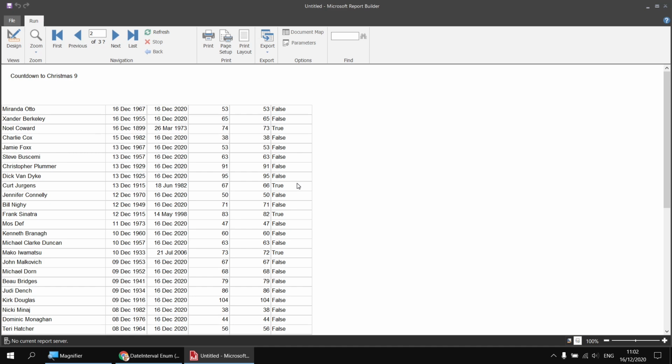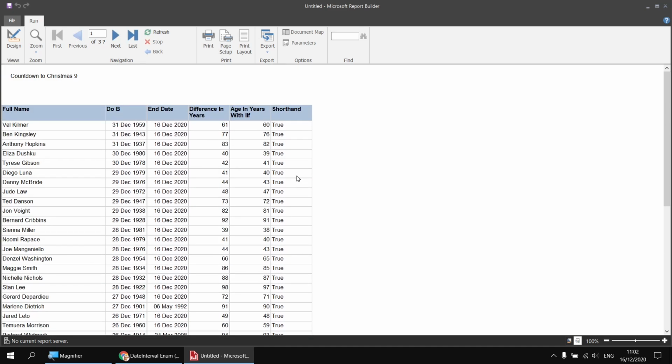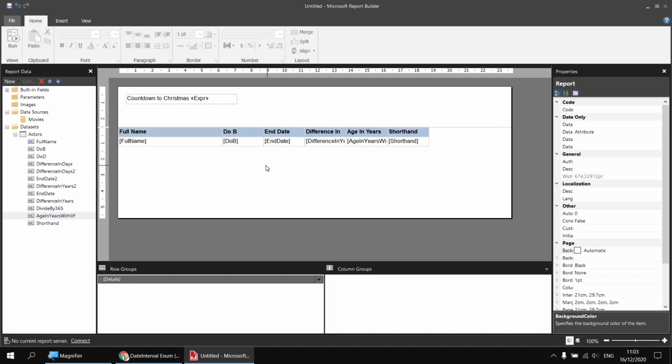So why is that useful? Well, that's useful whenever you've got true or false values. You can treat true and falses as numeric values. And just to show you what numeric values true and false represent in Visual Basic, I'm going to head back